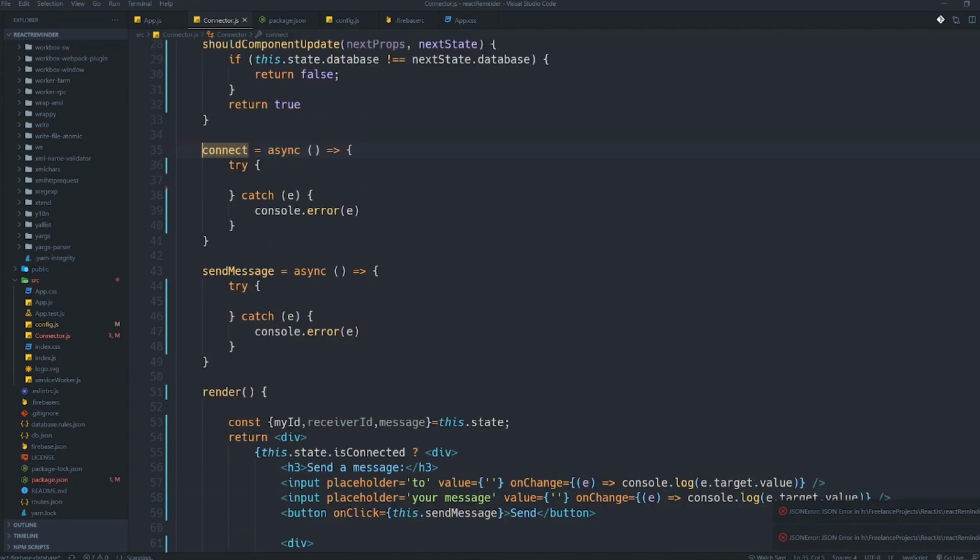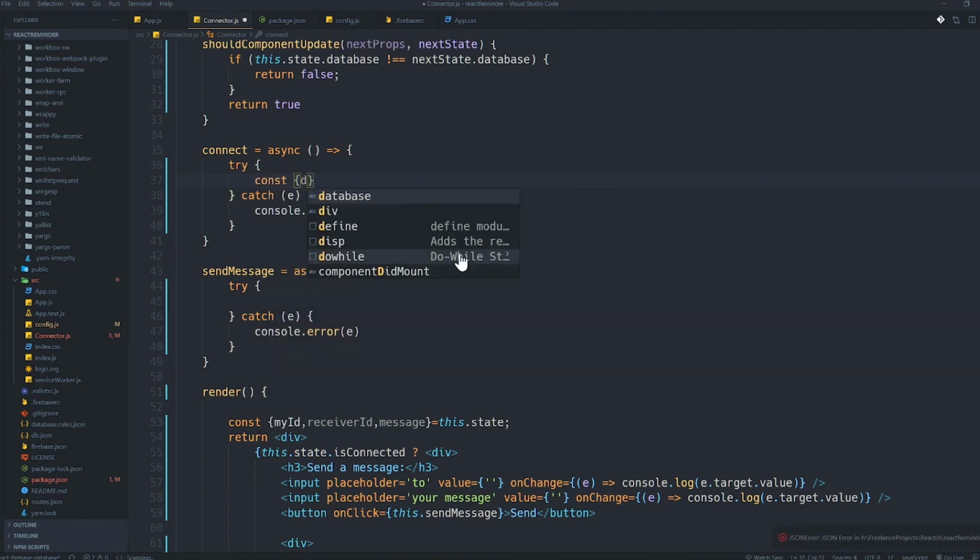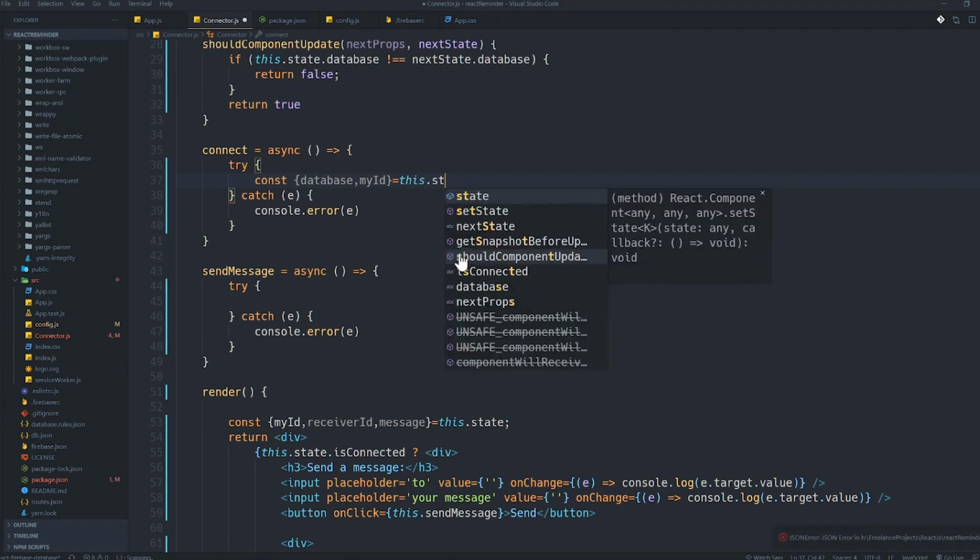Yeah, and also we have a button. When we click on it, we will call the connect button. That actually here we just want to connect to the Firebase database and add a listener to our application to listen to every event which is related to me, for example, to receive messages from the other users. How to do this? Let me show you. First of all, I need to have access to my database and my ID from this .state,